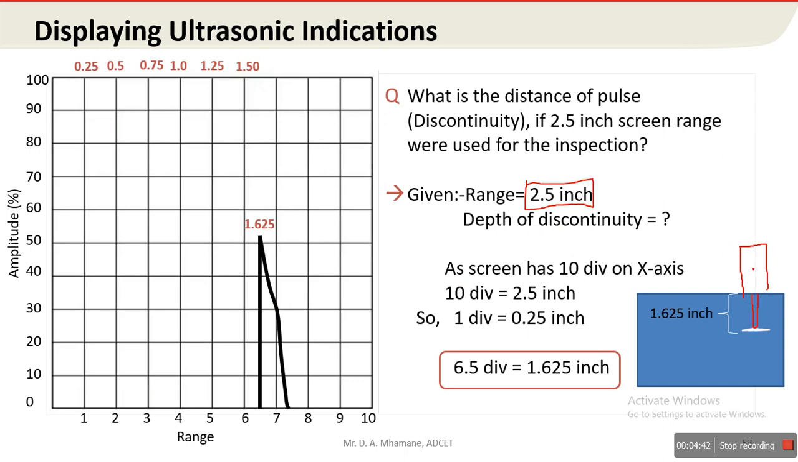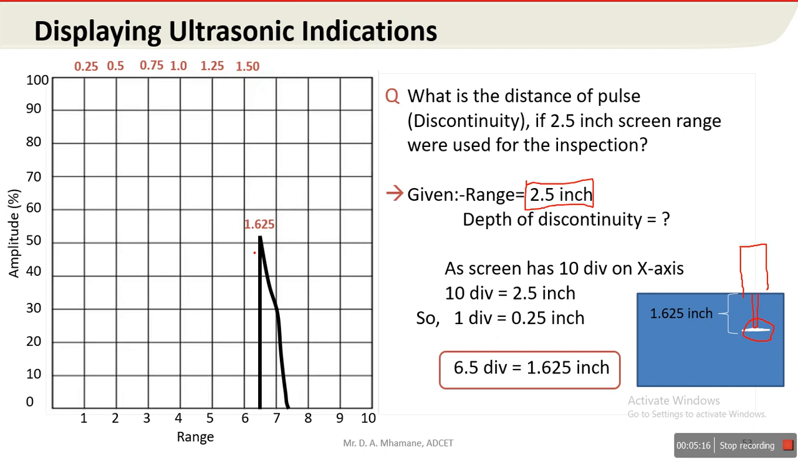So when we place this probe over the discontinuity, we get this type of ultrasonic pulse or echo on the screen, as defect is present at the depth of 1.625 inch below the transducer. So this is the problem. If you have any doubt, you can ask. It is very simple,